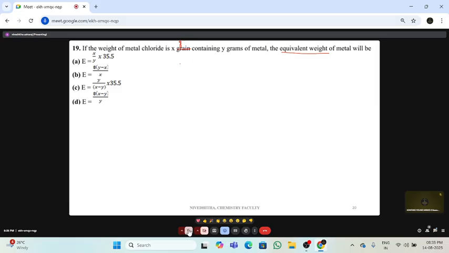For example, I'm going to take a metal M. The weight of metal required to react with 8 gram of oxygen to give metal oxide, this W1, is the equivalent weight of metal M. So the quantity of the metal required to react completely with 8 gram of oxygen is called the equivalent weight